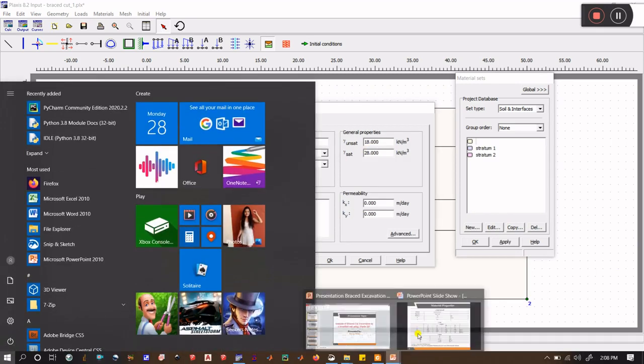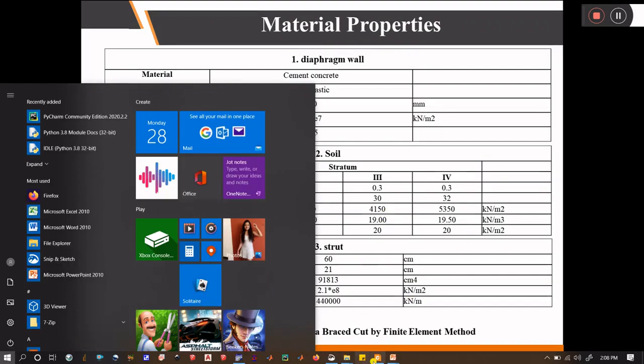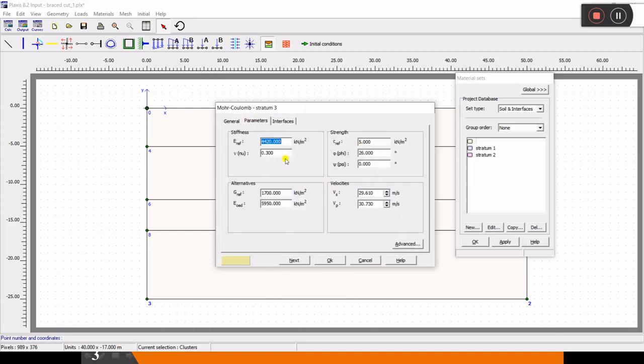What is the unit weight? Unit weight is 19, so this will be 29, and the G value is 4150, and Poisson's ratio 0.3.